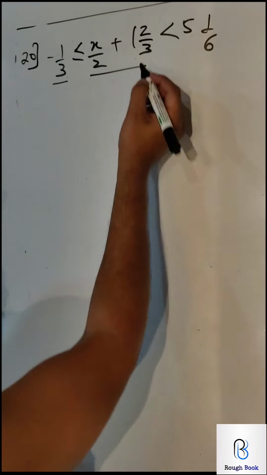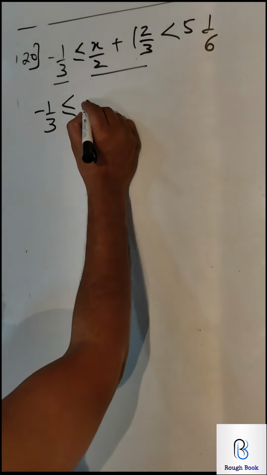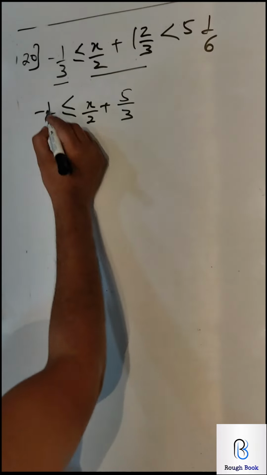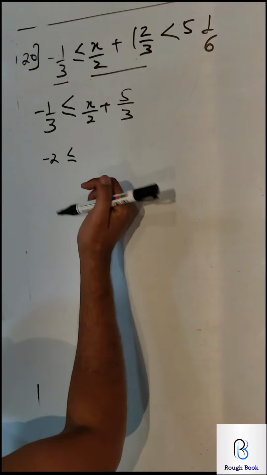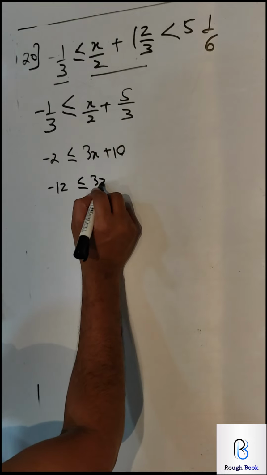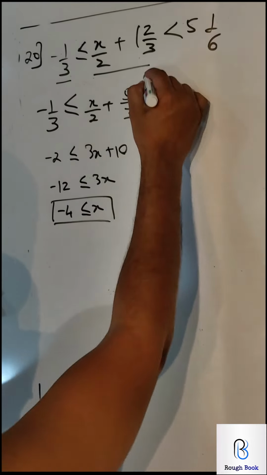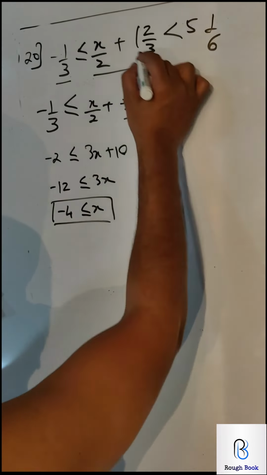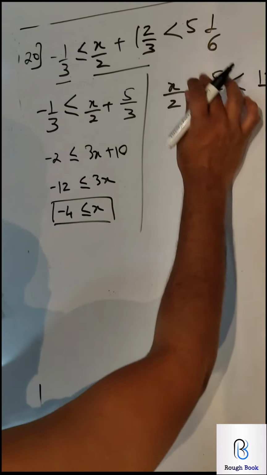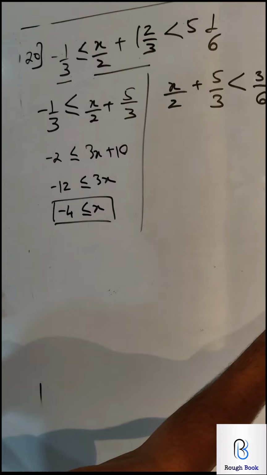So we take the first and the second part. Minus 1/3 less than or equal to, I hope I have copied it correctly, x by 2 plus 2 by 3. So LCM again 6 in our mind. So this will be minus 2, this will be 3x, this will be 4. Coming here, minus 6, so minus 4 less than or equal to 3x. So minus 4x. First part. The second part, x by 2 plus 2 by 3, that is 5 plus 1, 12, sorry, 30 plus 1, 31 by 6. My bad. Come on, let's go ahead.